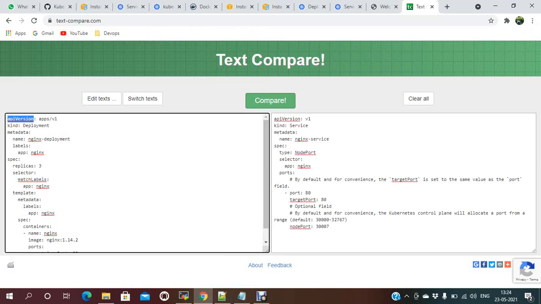See the API version and API version. Every YAML file in a Kubernetes cluster has a standard, like API version and kind. Here the kind is Deployment, and here it is Service.